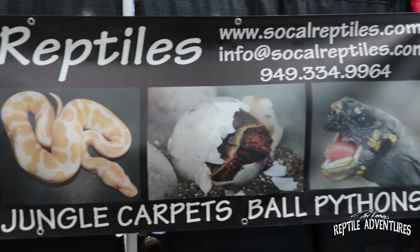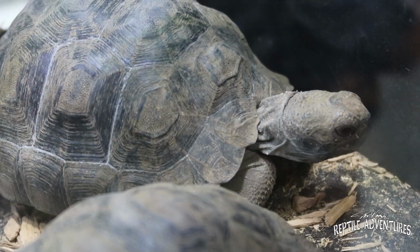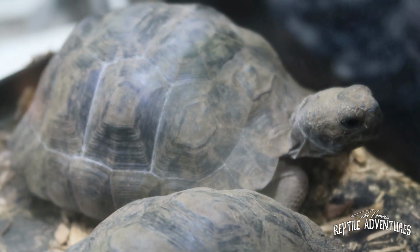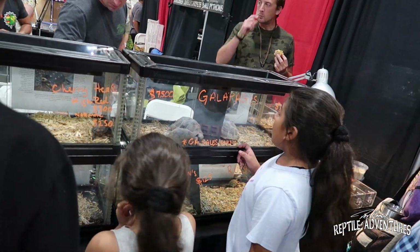So here's Reed from SoCal Reptiles. Talk a little bit about the legality of having Galapagos tortoises and breeding them in our domestic situations. Right, we get that question here a lot, and we have a little information slide on there. Of course all the babies that you see in the private sector are 100% legal. They were not ever taken off the island. Right. Their great-great-grandparents, maybe when it was legal back in about the 1900s, I think there was something known as the Townsend Expedition, which was kind of like the founder stock for all the United States